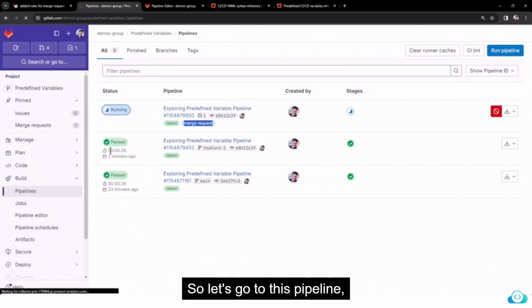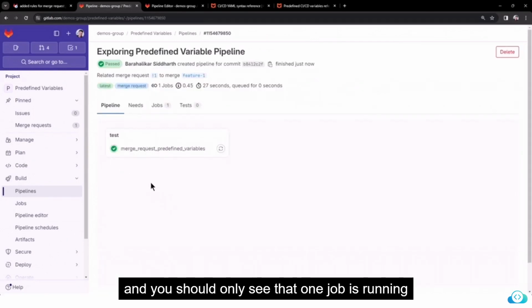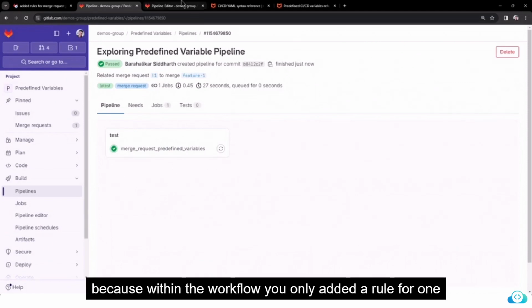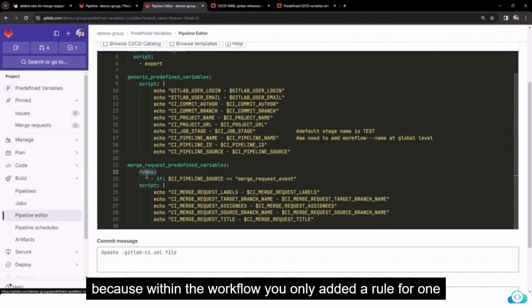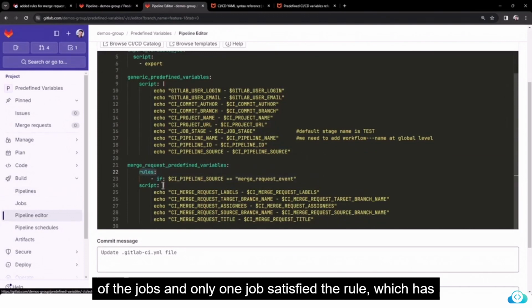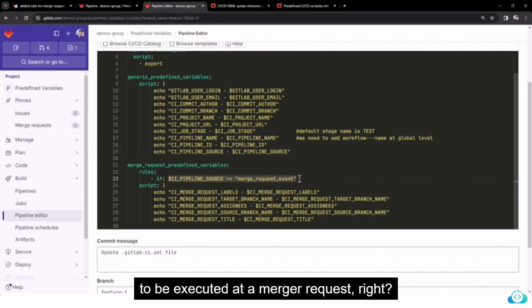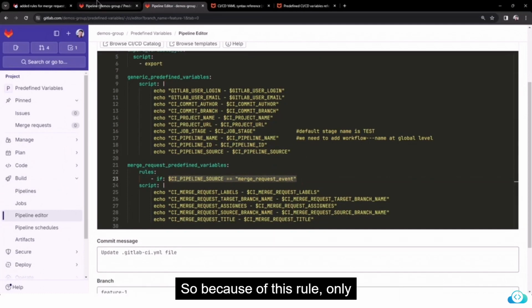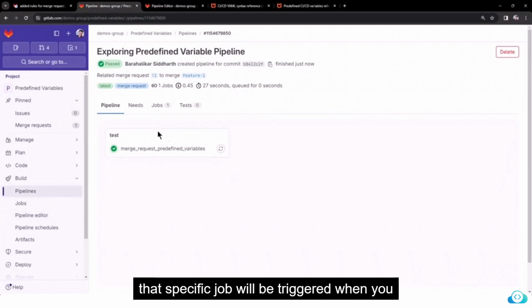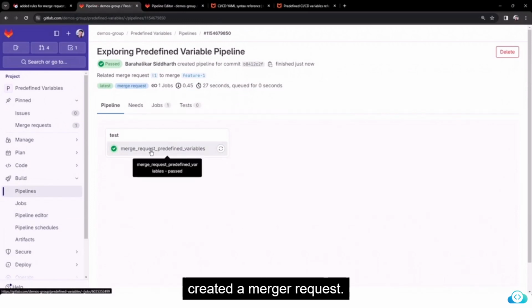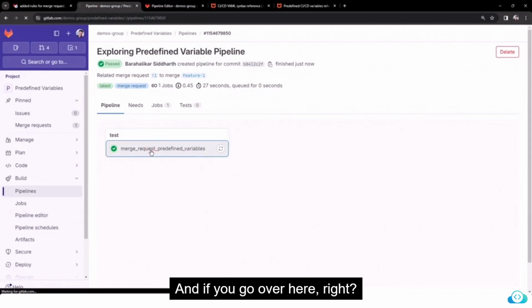So let's go to this pipeline, and you should only see that one job is running because within the workflow, you only added a rule for one of the jobs and only one job satisfied the rule which has to be executed at a merge request, right? Because of this rule, only that specific job will be triggered when you created a merge request. And if you go over here,